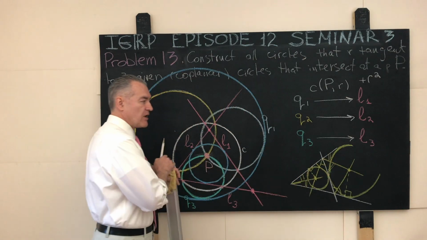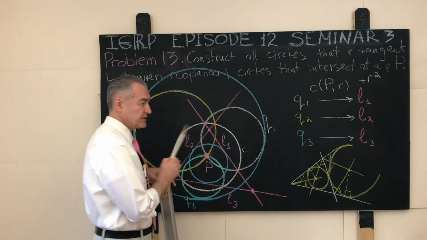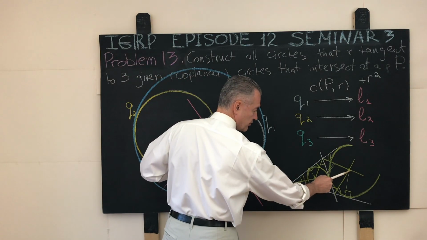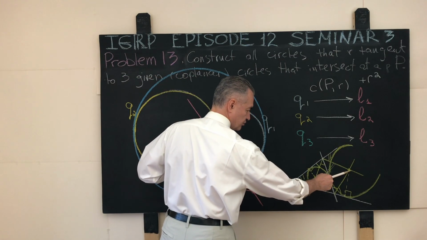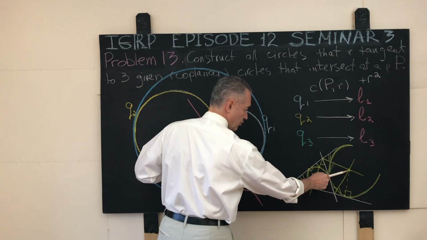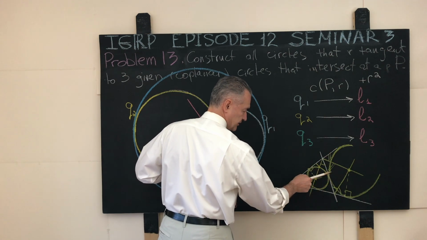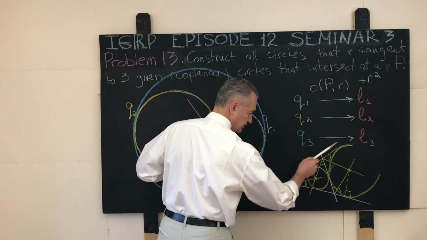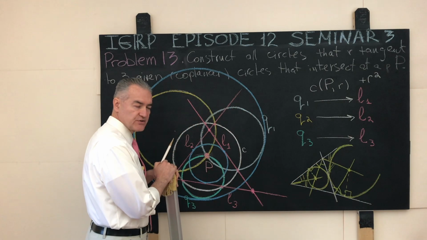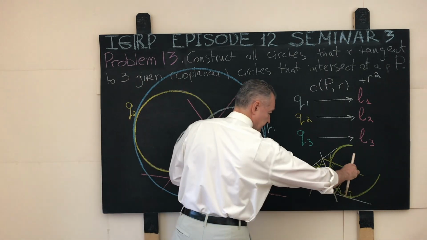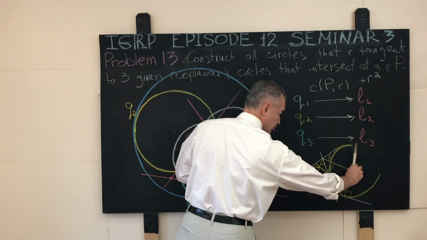These two angular bisectors will intersect at this point right here, and from this point we can drop a perpendicular to the extension of this side or of this side or of that side. It doesn't matter. This point is equidistant from all of these three sides, and then we snap an X circle